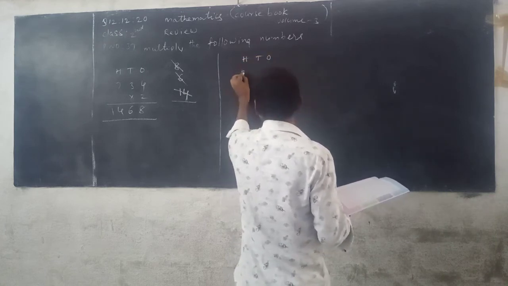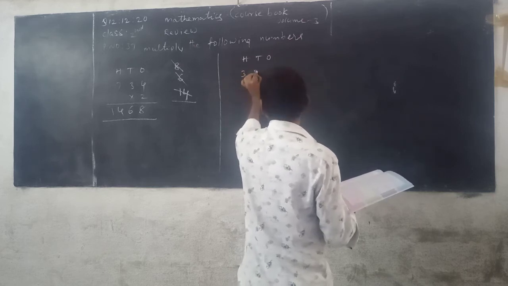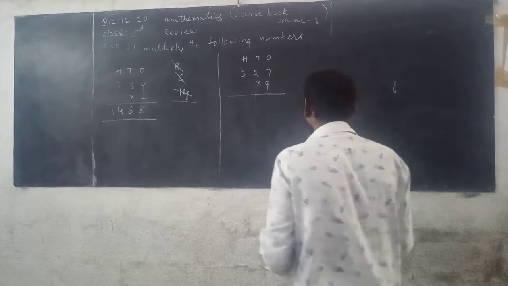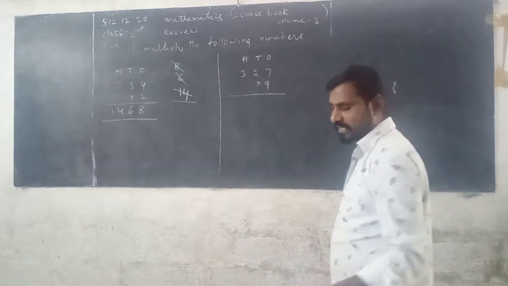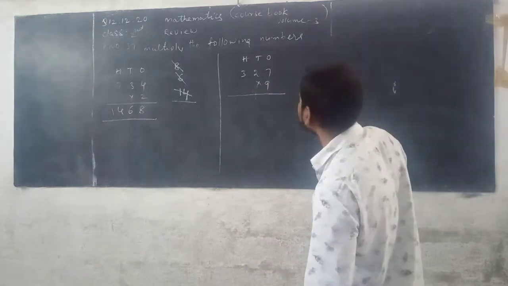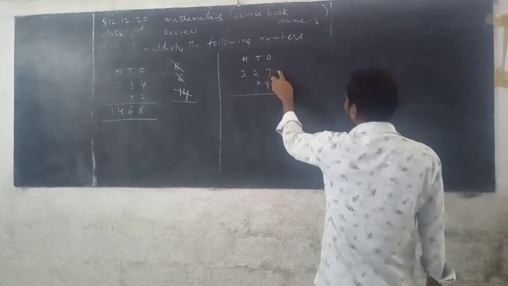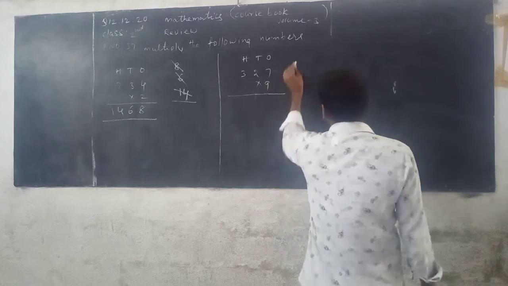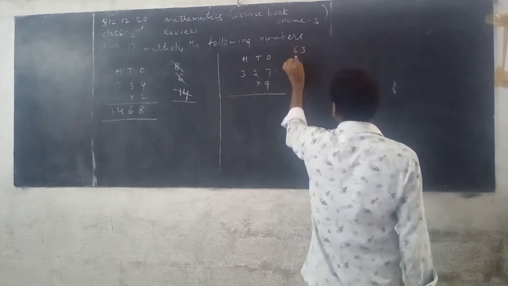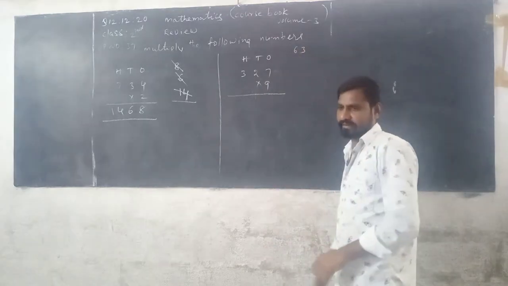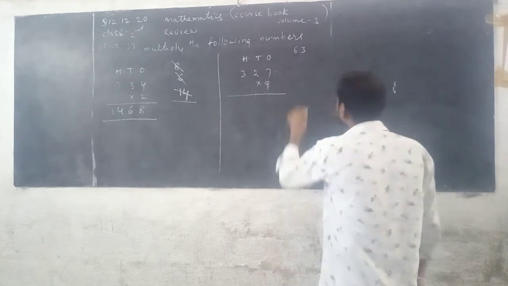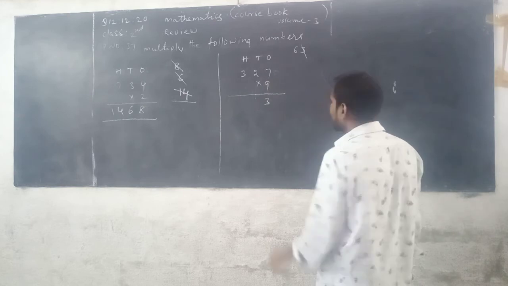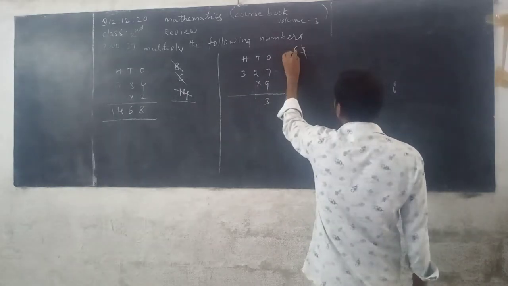See here, 327 into 9. 327 is multiplied by 9. First we multiply the digits in ones place. That is 7. 7 is multiplied by 9. Then you can read 9 table. 9 7s are 63. Better listen carefully. 63 is a 2-digit number. So here 3 is taking and write down in ones column of the product. Now the remaining number is 6. This is the carrying.